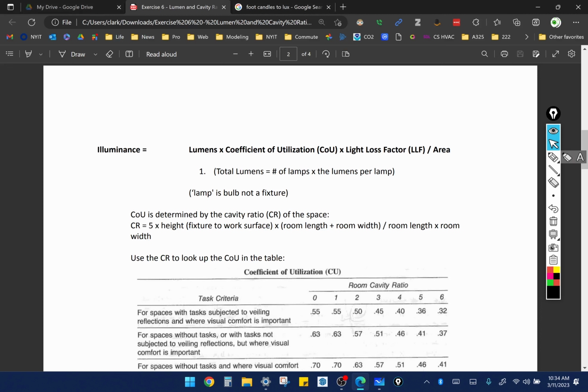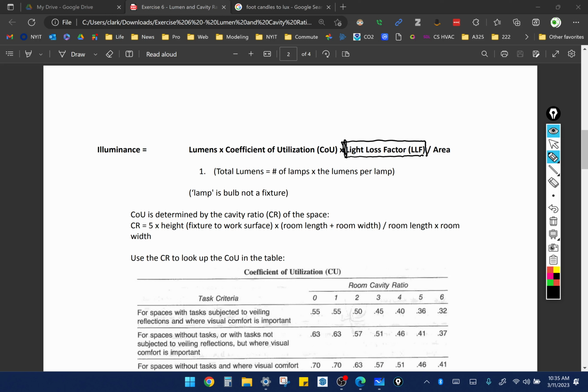Now, light loss factor is simply, and there's a variety of ways this is calculated. We're doing a very simple one. You could look up different stuff, there's different variables that can be taken into consideration for this. I'm getting that lag again. It drives me crazy because it works sometimes and sometimes it doesn't. I don't get it. I'm talking to IT about it. Anyway,